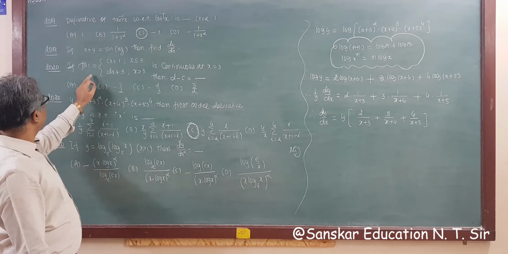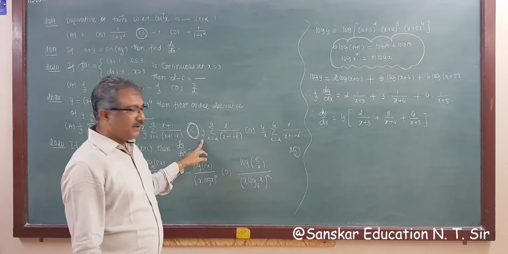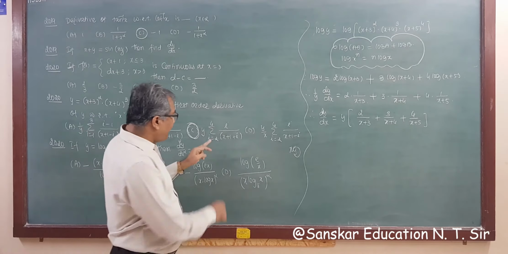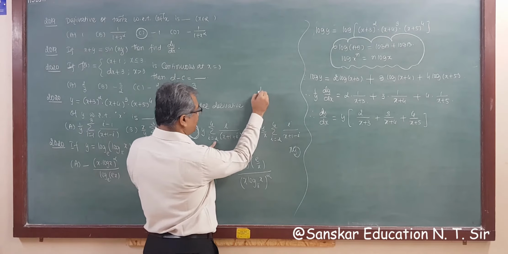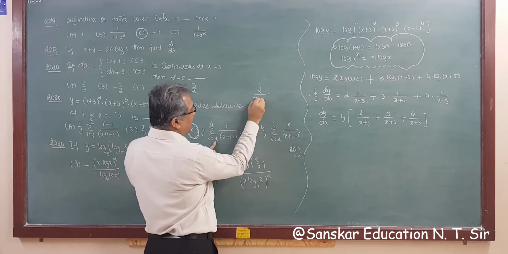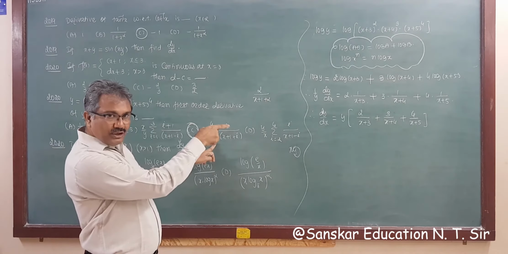We forgot to solve this example. Sorry, we will do it after this. Okay. So now y, right? Sigma i running from 2 to 4. If we substitute 2 here, what do we get? 2 upon x plus 1 plus 2, that is x plus 3. So the answer is 2 upon x plus 3.